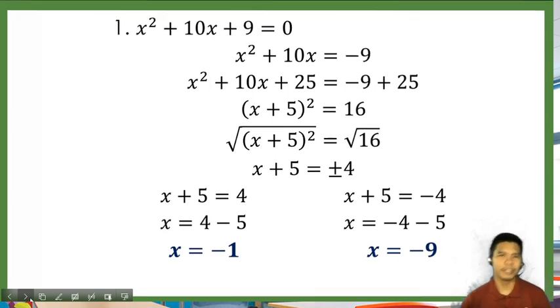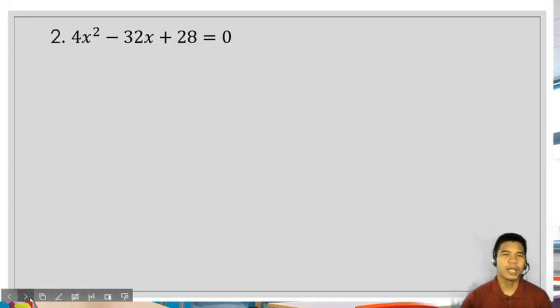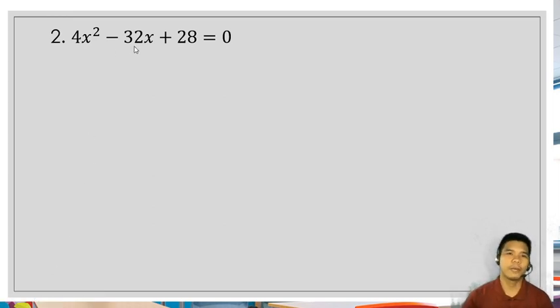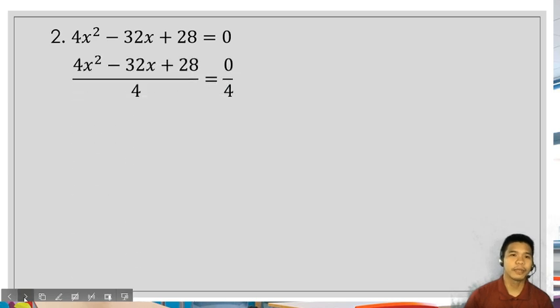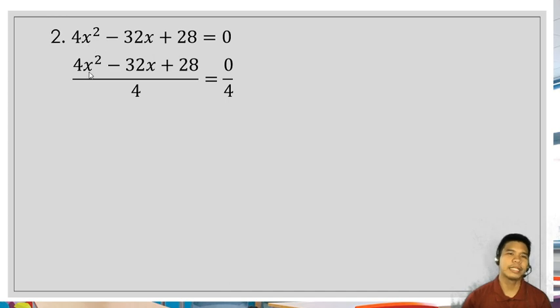Okay, let's have another. Okay, in here we are given 4x squared minus 32x plus 28 equal to 0. So, this time hindi natin skip yung step 1 dahil may numerical coefficient yung quadratic term which is 4. So, proceed lang tayo. Siyempre, ang step 1 natin, i-divide natin both sides of the equation by the numerical coefficient of x squared, or the quadratic term. So, that is now (4x squared minus 32x plus 28) all over 4 equal to 0 over